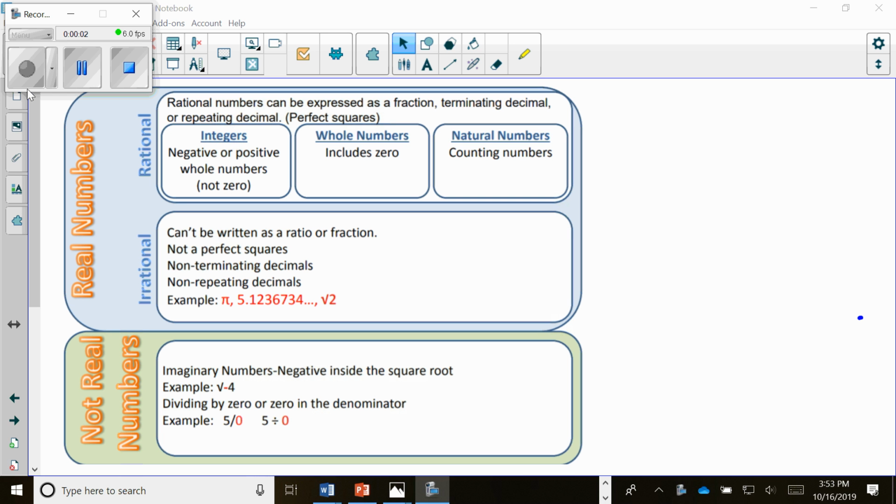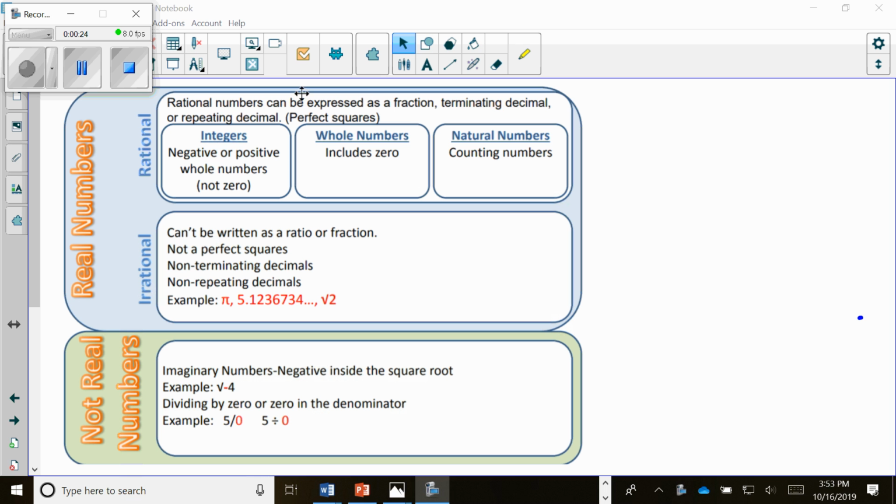Today we're going to be looking at the difference between rational and irrational numbers. We are looking at the real number system. The real number system is what we count with in math and are all the real numbers that you can find on a number line. But within those numbers that you can find on a number line, you have rational numbers and you have irrational